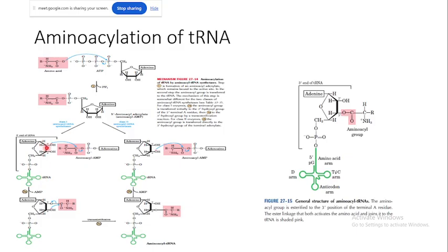Now this AMP has a ribose sugar, and this 2' OH, right? This oxygen is electronegative, so it will make a nucleophilic attack on this aminoacyl AMP. Here this phosphate is electron deficient, and this carbon as well. So this oxygen will make a nucleophilic attack on this carbon, right? So this bond will be broken. So AMP will be released here, and this amino acid will be charged to the 2' OH position here.